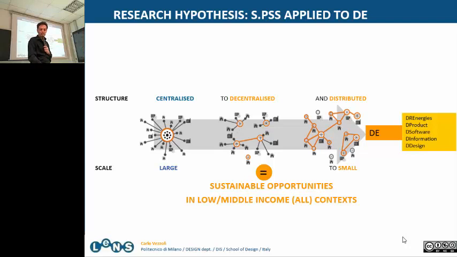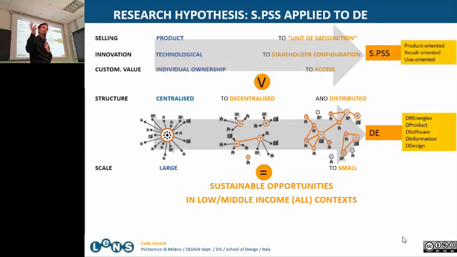Okay, because they are a sustainable opportunity in a local context, especially for low and middle income people. But we understood that if we couple these two business models, this becomes really a win-win-win-win. I don't know how many times we have to say win. Because what happens if we apply this sustainable product service system business model to distributed economy,